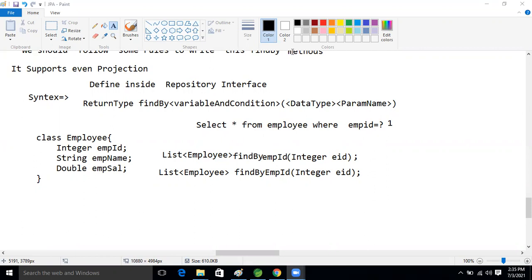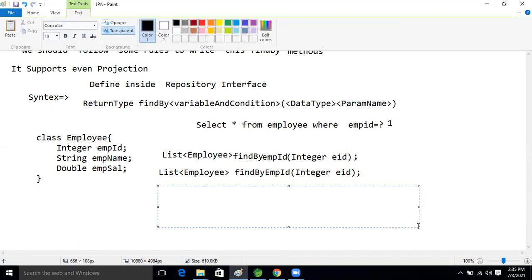Deepak. Sunil, good. What about others? Okay, good, everyone wrote. Very nice, guys.